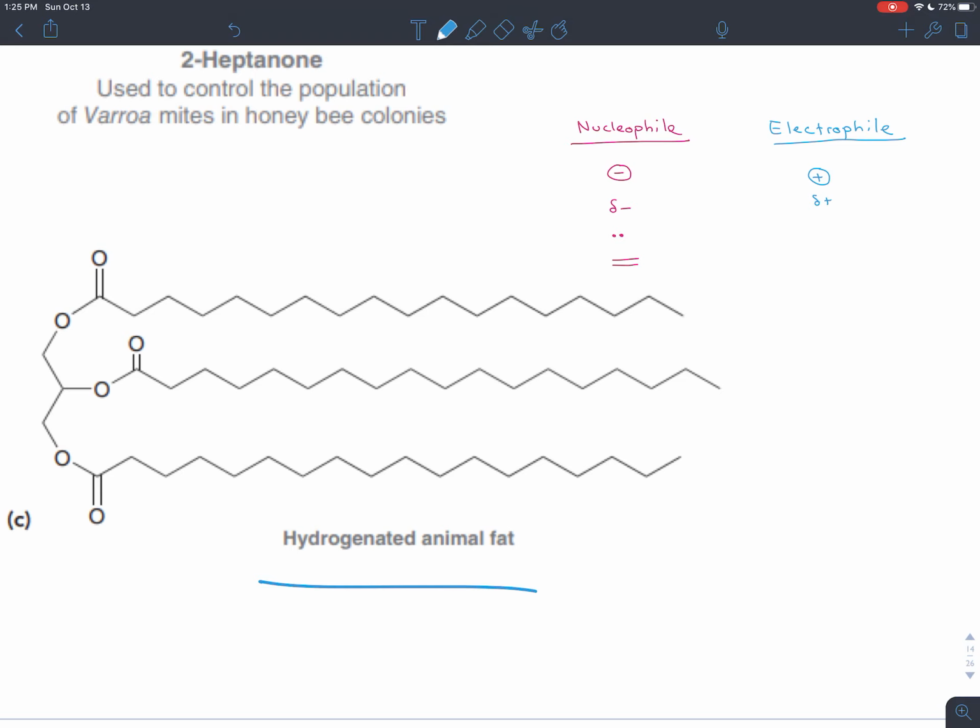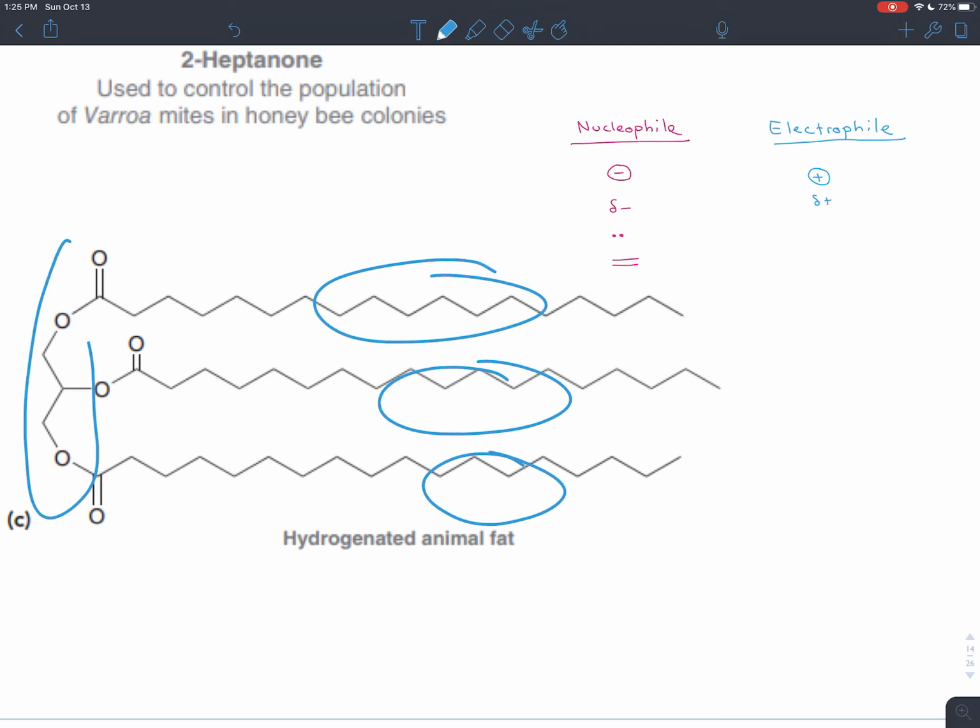All right, you eat hydrogenated animal fat. Let's say you have a Snickers bar. There's a molecule like this now wriggling first on your tongue, then in your intestines, then in your blood, finally in your cells. Your body wants to break this down and get energy from it. Where does your body attack this fat? This is a triglyceride. You can sort of see 3 tails, tri, and they're stacked on a molecule called glycerol,